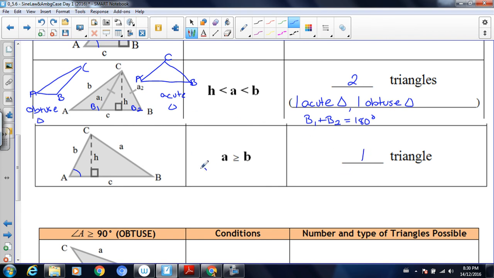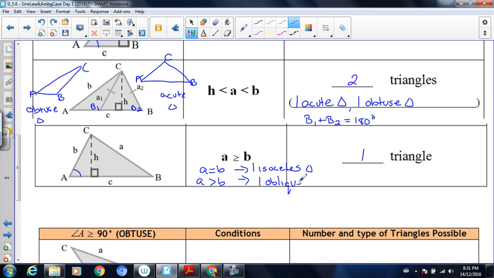When side A is equal to side B, you get, as we saw, one isosceles triangle. But if side A is greater than side B, you will get one